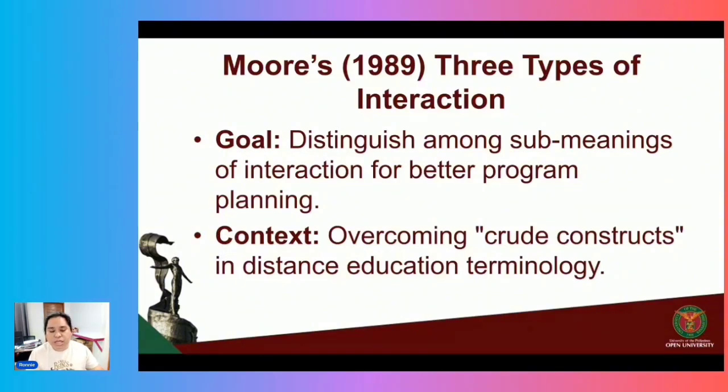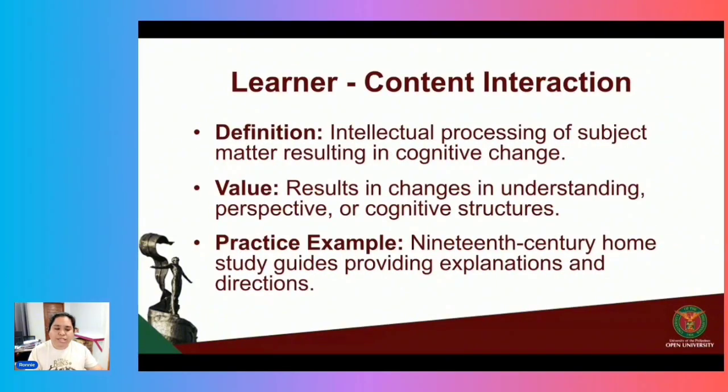In other words, the term interaction was being used too generally, without clearly identifying the different ways learners actually interact in a distance learning environment. So the first type, as per Moore, is the learner-content interaction. He defines it as the intellectual processing of the subject matter that leads to cognitive change. The value of this type of interaction is that it results in changes in the learner's understanding, perspective, or